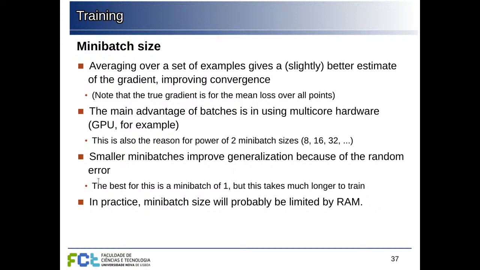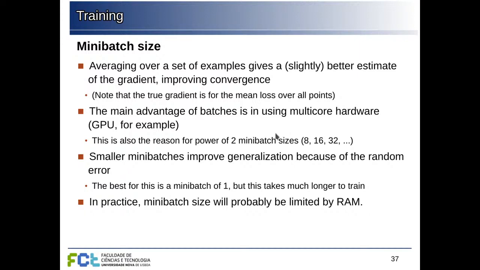For this, the ideal would be a mini batch size of 1. There you maximize the randomness, but then there is also a trade-off, not only for convergence, because if you have too much randomness, then you reduce the ability to converge to the optimum,